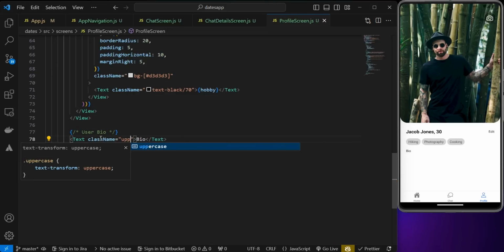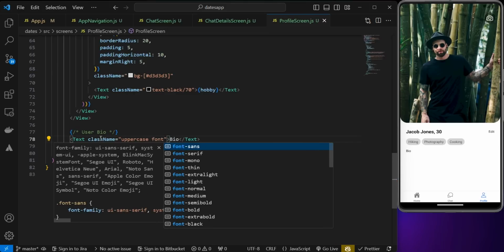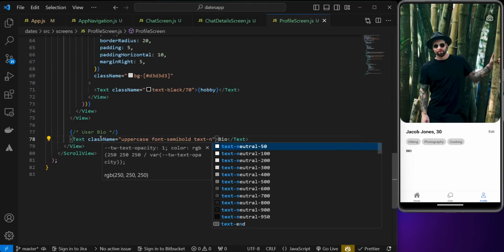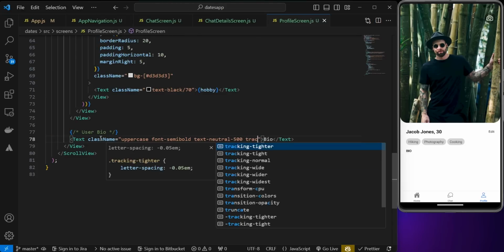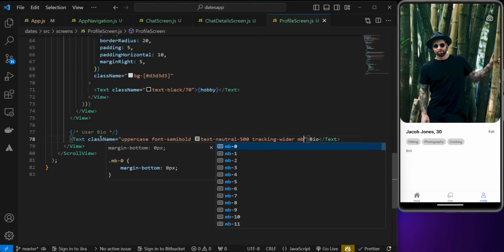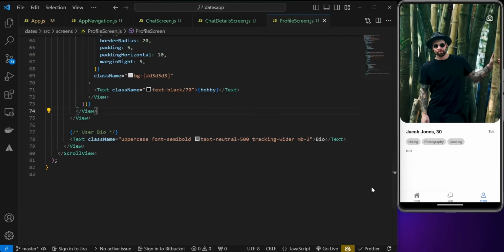I want an uppercase, font of semi bold, text of neutral, and neutral is going to be 500. Tracking is going to be wider. Margin bottom is going to be 2,